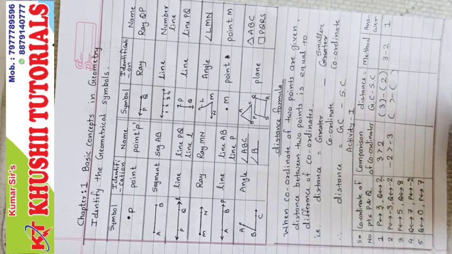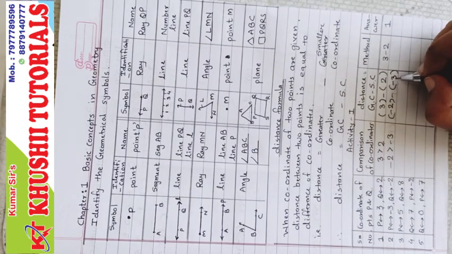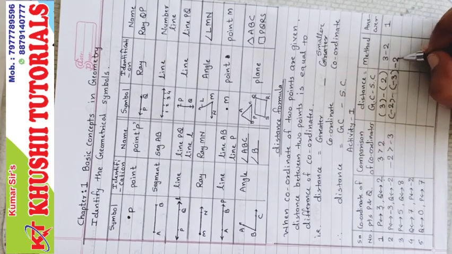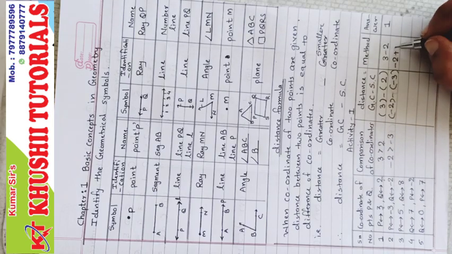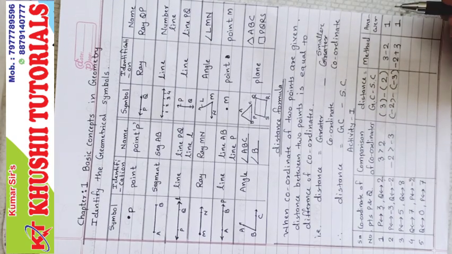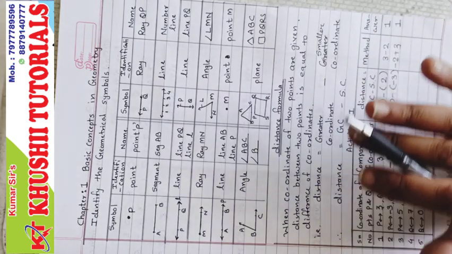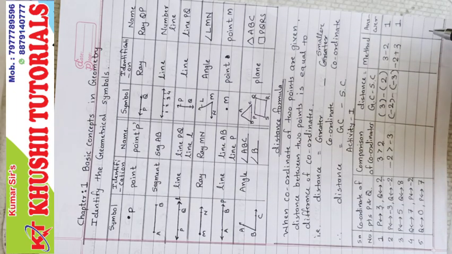First you should put brackets. Greater coordinate is minus 2. Smaller coordinate is minus 3. Minus 2 minus minus 3 becomes minus 2 plus 3. Definitely different signs. Different signs means take the difference and the sign of the greater number. The difference of 3 and 2 is 1 and the sign of the greater number is plus. So plus 1. Remember, distance is always positive. Distance should not be negative. If you are getting a negative answer, it means you are wrong.